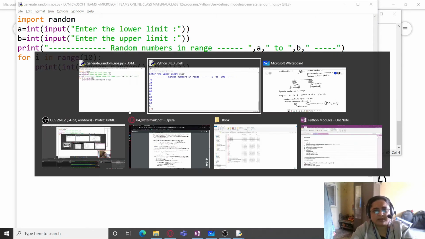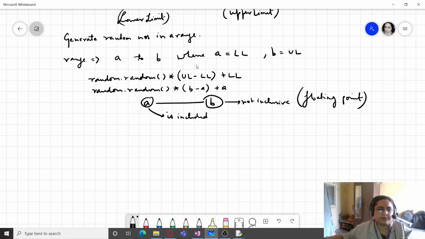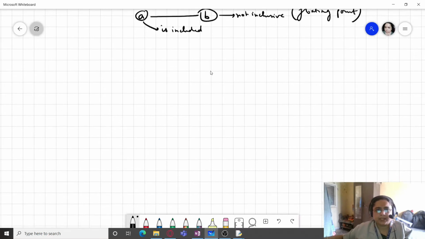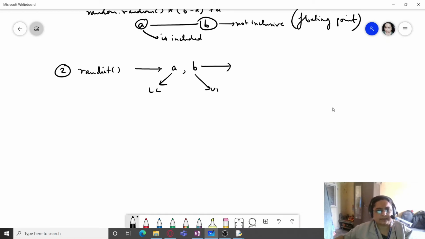Now, specific range, but the value is being returned in the form of a floating point number. There is another inbuilt function, that is randint. This function takes up a range similar to the previous one in the form of a and b, where a is the lower limit and b is the upper limit.